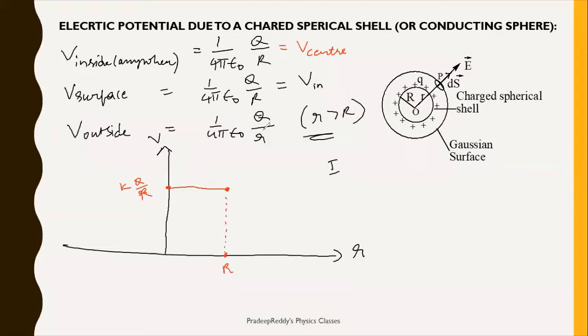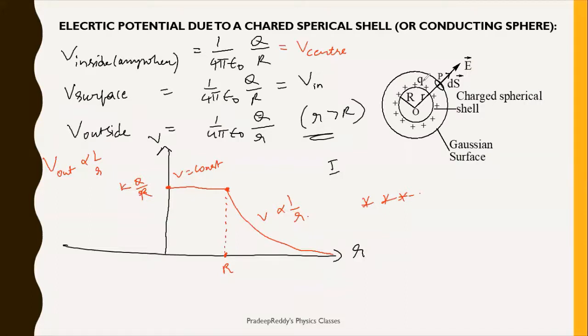And beyond that, what is happening outside? Outside, V out is inversely proportional to small r. So as r increases, potential decreases. Therefore, here you will get a graph like this. It goes on decreasing. Finally, as r tends to infinity, at that point it becomes 0. So here V is equal to constant inside, and here V is inversely proportional to r. This is a very important graph for a conducting sphere. Remember, it is a conducting sphere. Even for a non-conducting hollow sphere also, you will get the same graph.